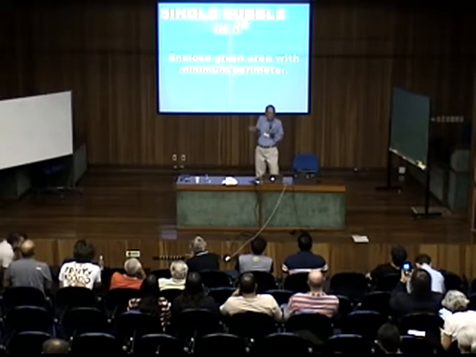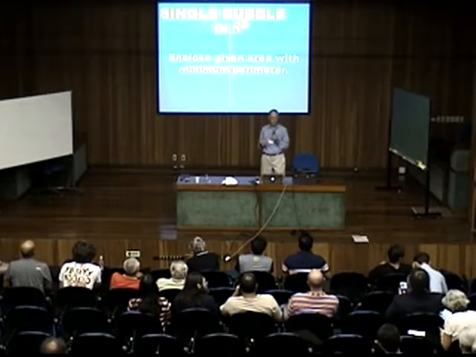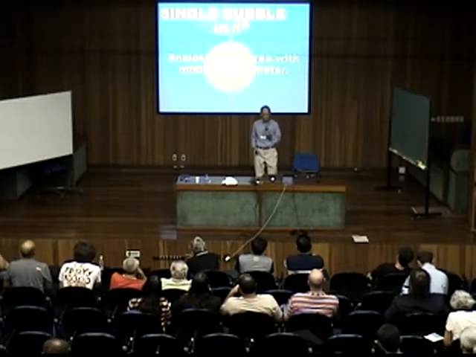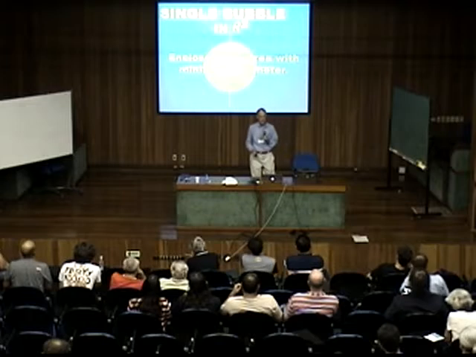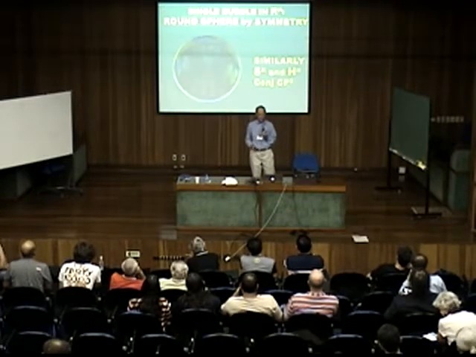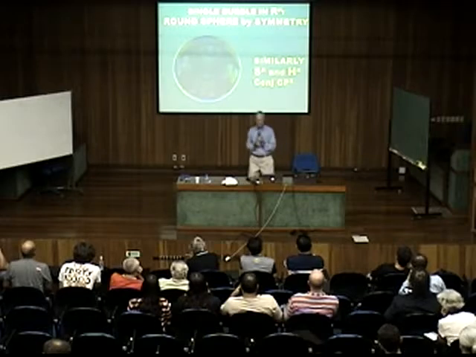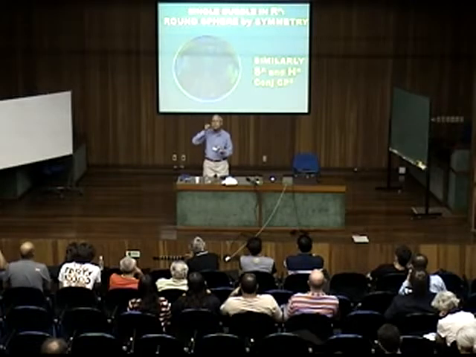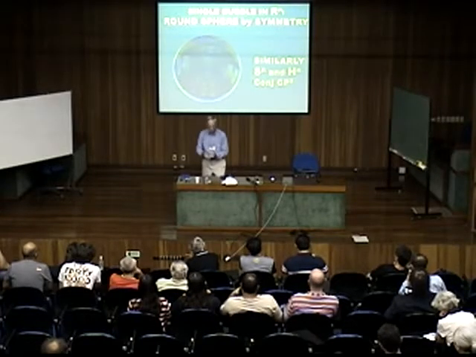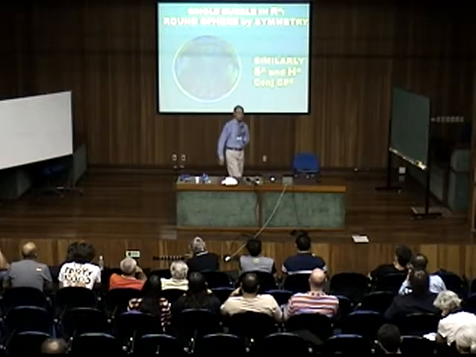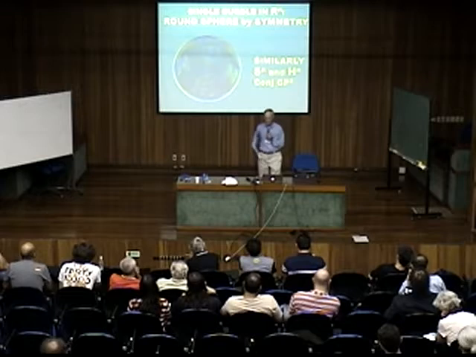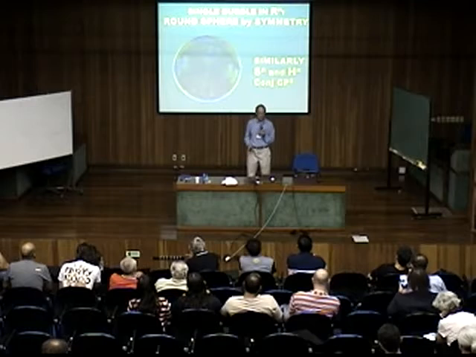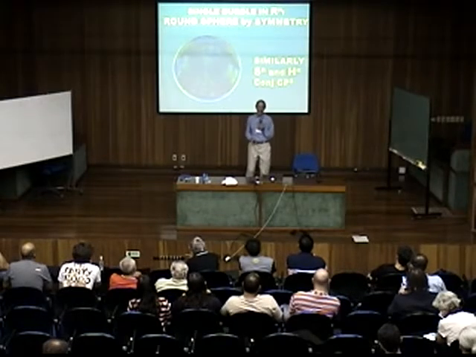A single bubble in the plane, for example, is just trying to enclose a given area with minimum perimeter. And of course, the way to do that is just with a round circle, which you can prove by symmetry. And similarly, if you're in three-dimensional space, the ideal bubble is a round sphere, as was demonstrated by the soap bubble millennia ago, long before it was proved by Schwarz in 1884. And the same thing is true similarly in higher dimensional space, R^n, in n-dimensional spheres, in n-dimensional hyperbolic space, and